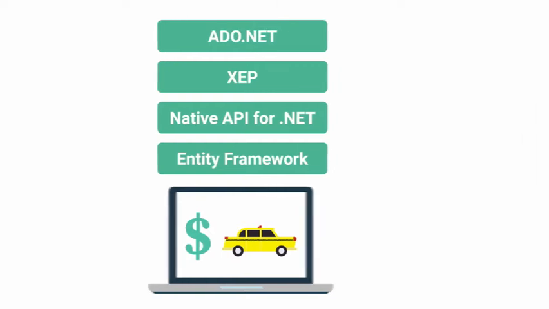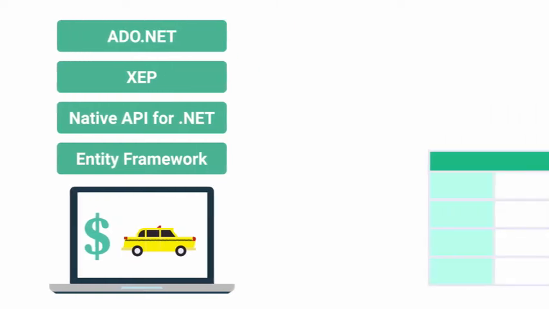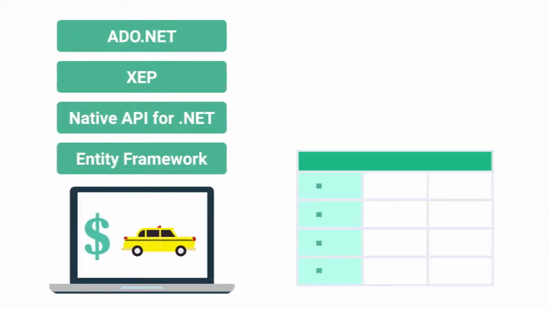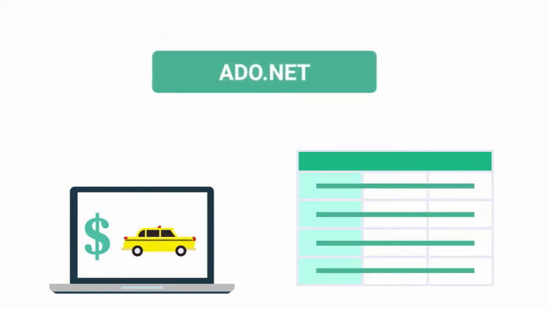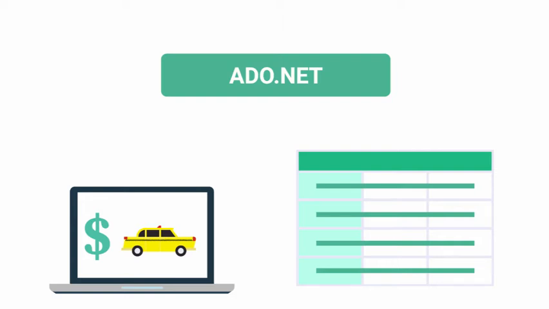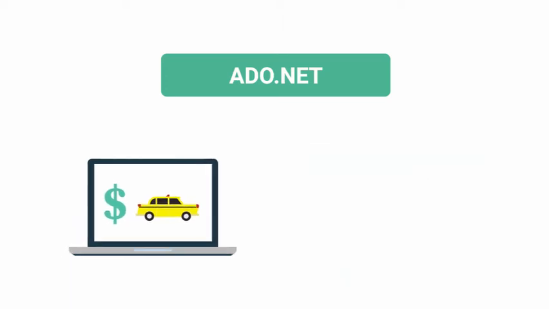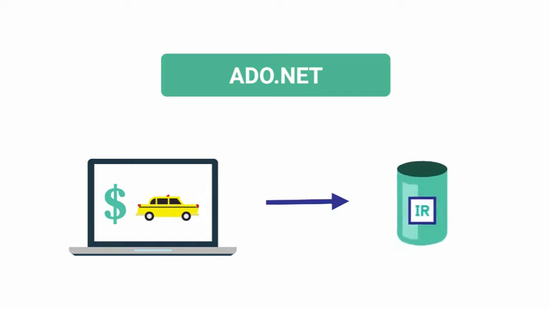One part of your application may be particularly well suited to use a relational data model, for instance, querying for past taxi records. In this case, ADO.NET, a data access technology from the Microsoft .NET Framework, will allow you to access InterSystems Iris data in a relational way. By using ADO.NET, your application can connect to InterSystems Iris and perform SQL operations on your data. You can perform standard create, read, update, and delete operations, and you can also call stored SQL procedures.